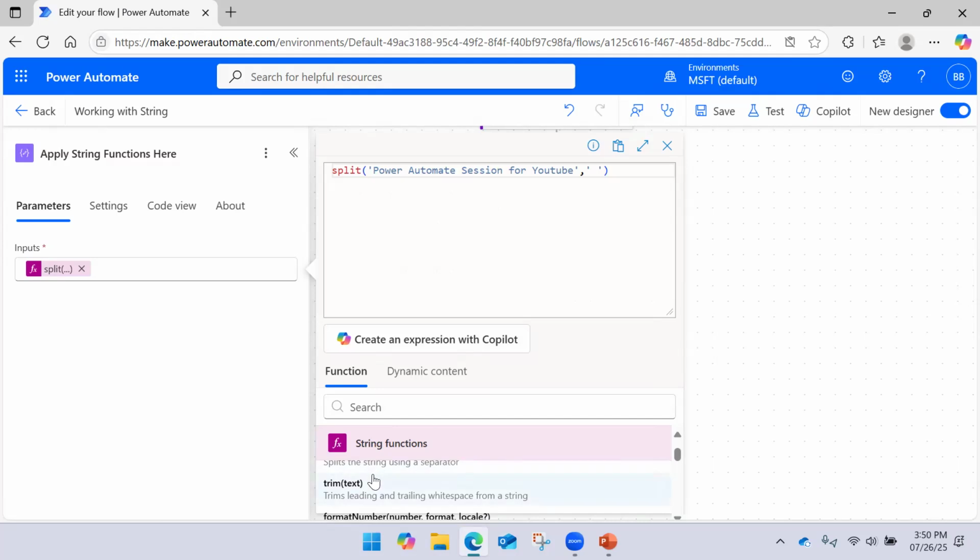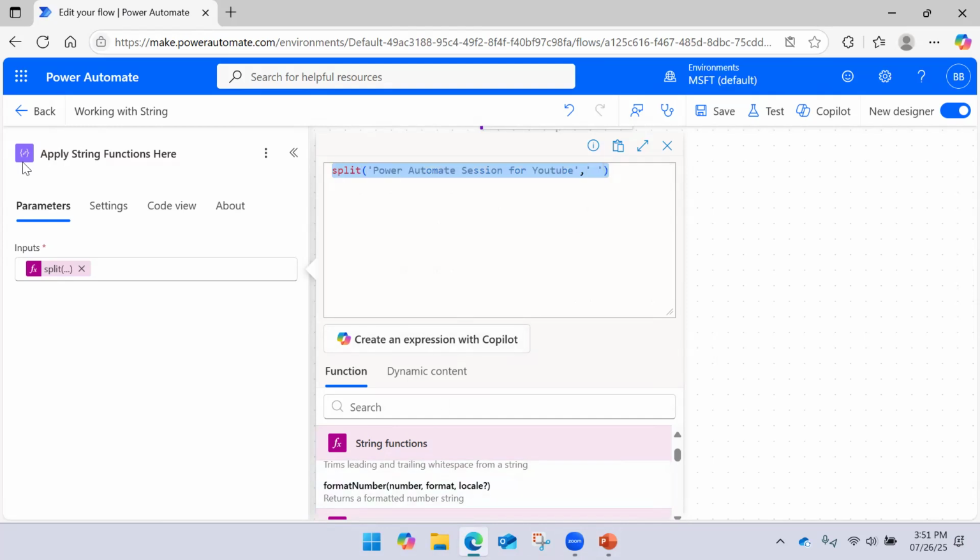We saw that if there is a space around the text, you can use the trim function to remove the leading and trailing white spaces. That's it, right? Even formatNumber. So formatNumber returns a formatted number string, right? So even here you can pass the number.